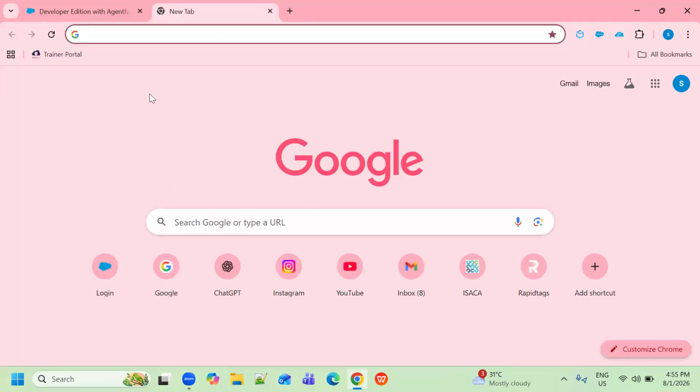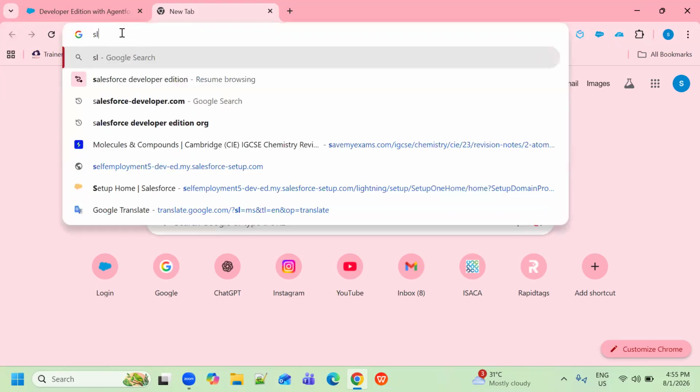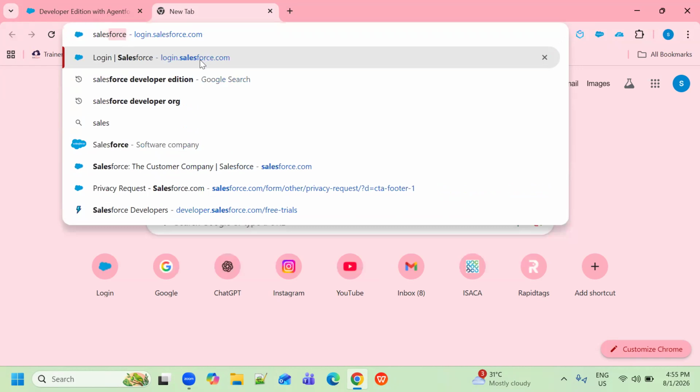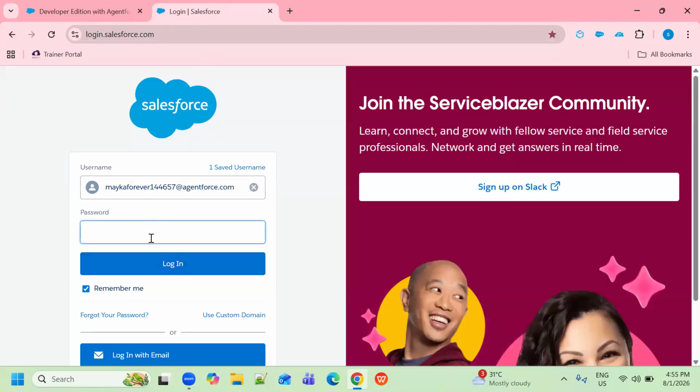Now here, type Salesforce login.com, login.salesforce.com. Just open this and here you need to write your username and the password. I am showing my one.